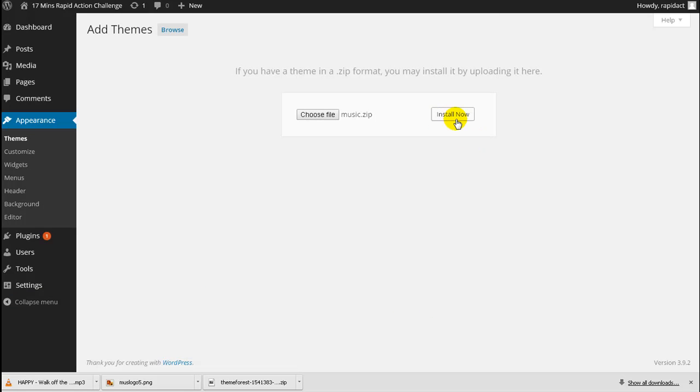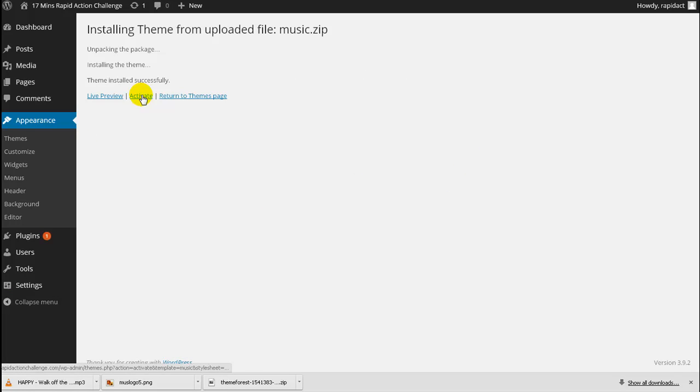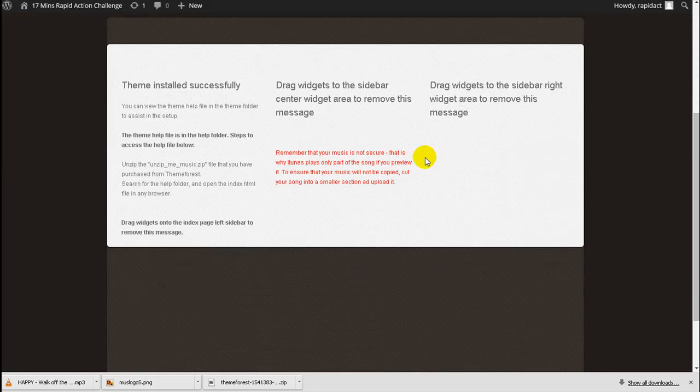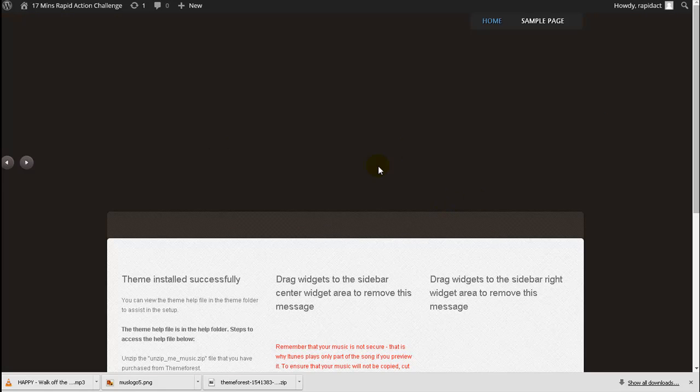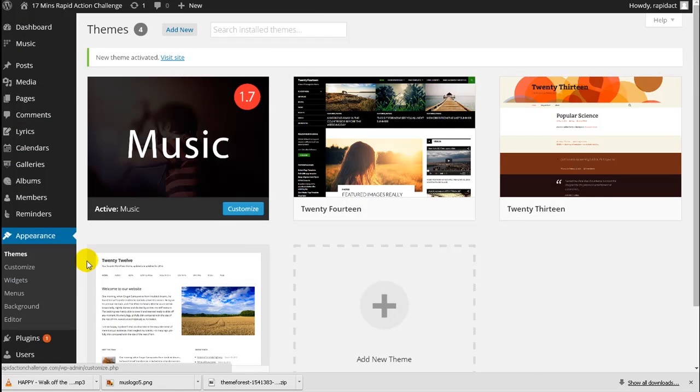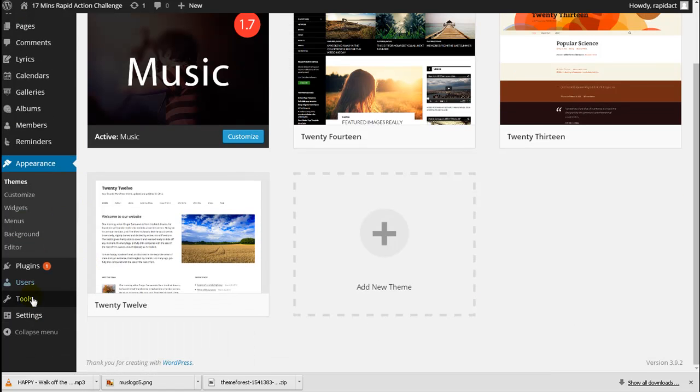Install now, and then activate. And now if I look at it, it's a little bit better, but it still needs to be set up. I want to set up the rest of the stuff as well, but first I'm going to install their demo content. So I'll go to Tools, Import,